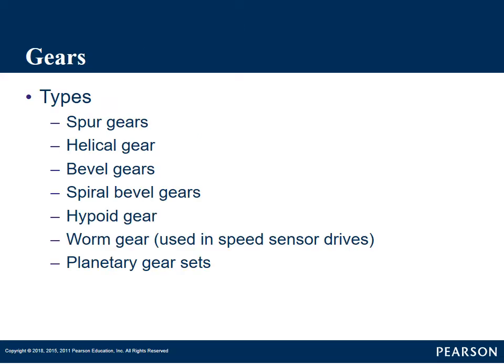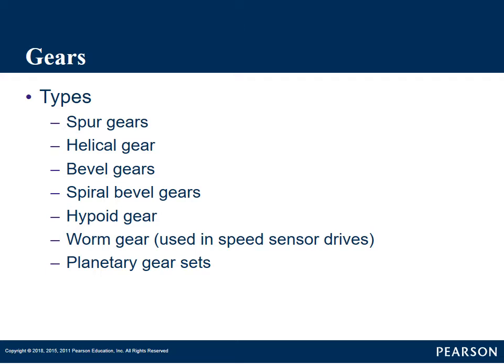Types of gears, we'll kind of list these out, and then go through each individual gear. We have spur gears, helical cut gears, bevel gears, spiral bevel gears, hypoid gears, worm gears, these used in like speed sensor drives or